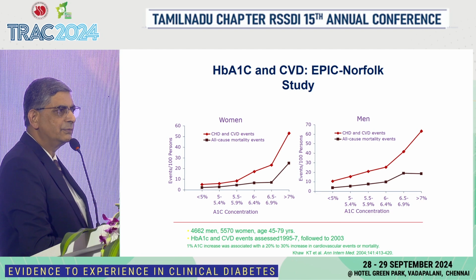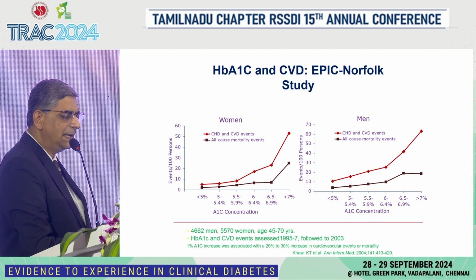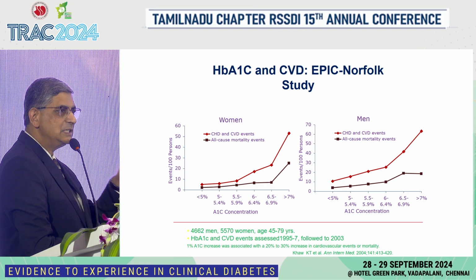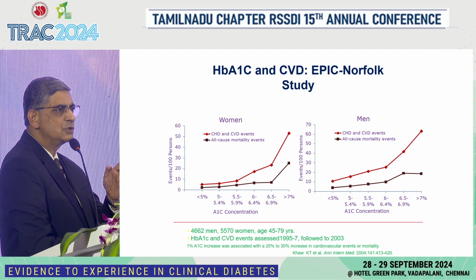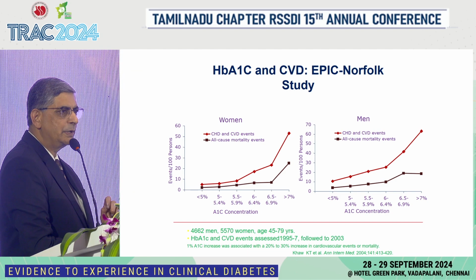And I draw your attention to the fact that even within the normal A1C values, you do find that there are patients who are destined to develop cardiovascular disease; the presence of risk starts even within the normal A1C values. And you have to be mindful of the fact that these people, when you have normal A1C, may have normal glucose values, but they are slowly progressing further, and if you serially monitor the HbA1cs, you'll find that there is a gradual increase, and you have to target them at that point of time if you have to reduce the cardiovascular incidence.